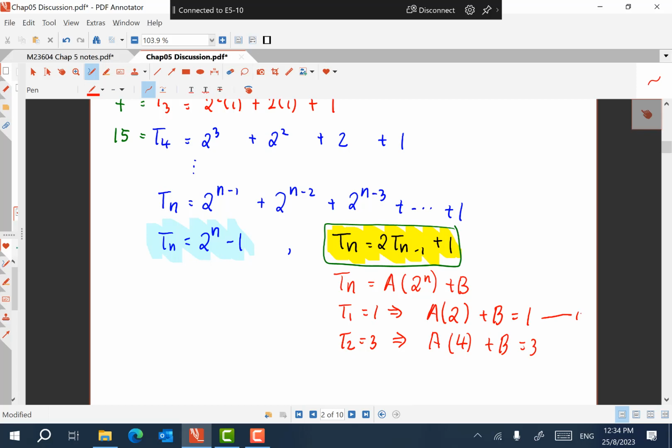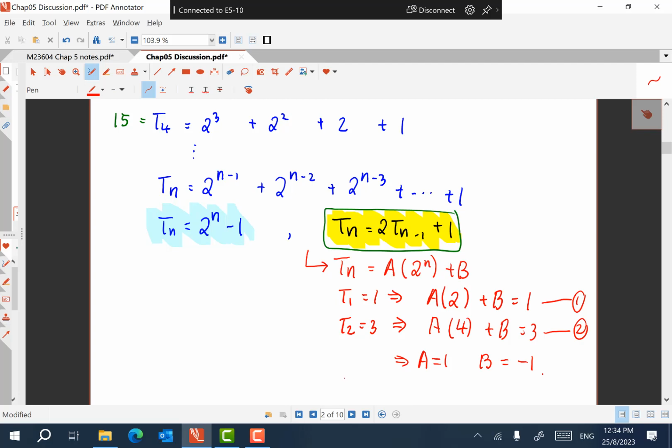If you believe that the solution would look like this, you can then solve these equations simultaneously to obtain A and B, and you get the same solution, therefore Tn is equal to